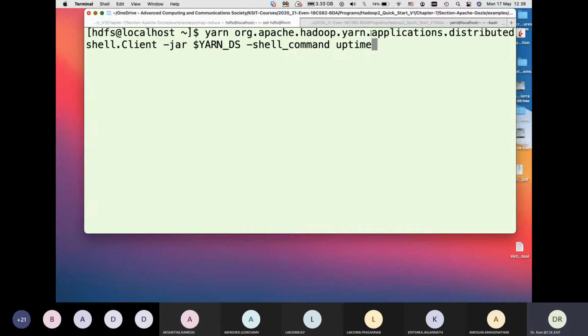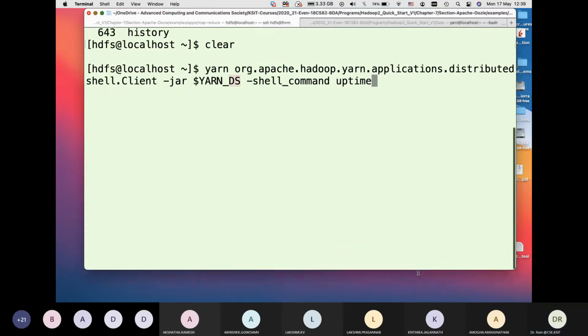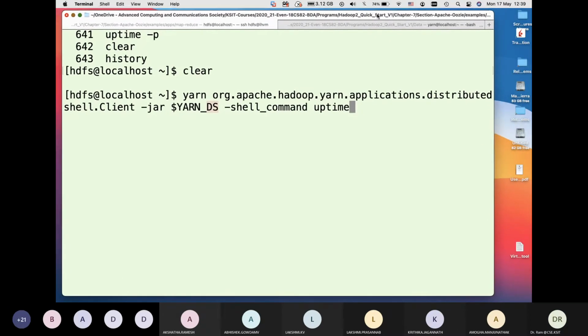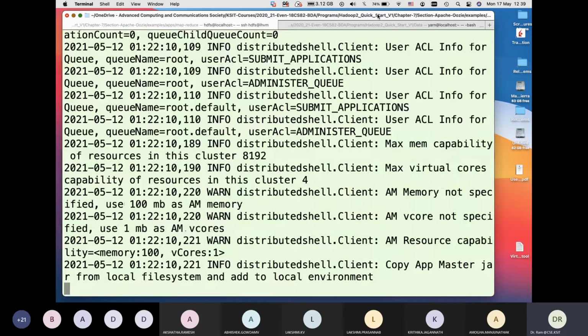So I'm saying yarn, this client, jar file, the distributed shell, which has already been defined. And then I'm doing the shell command uptime. Since I'm not running any containers, it will run in one container, and on the screen, it will display the progress. So let me run this. It starts running,